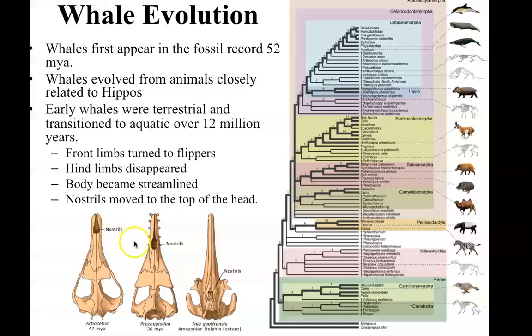And then this is, I can't say it, Proseuglodon, 36 million years old. Its nostril has moved kind of to the middle of its snout. And then here's an Amazonian dolphin, which is extinct, but it resembles modern dolphins, and its nostrils are at the top of its head. So you know the blowhole on a dolphin or a whale, you know the thing that